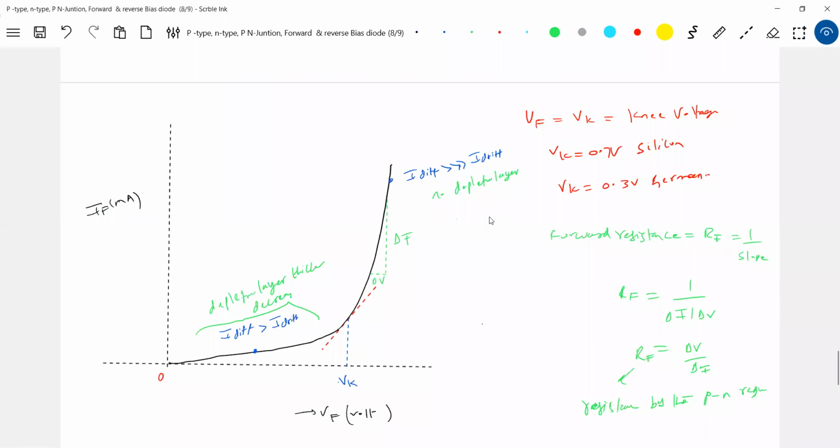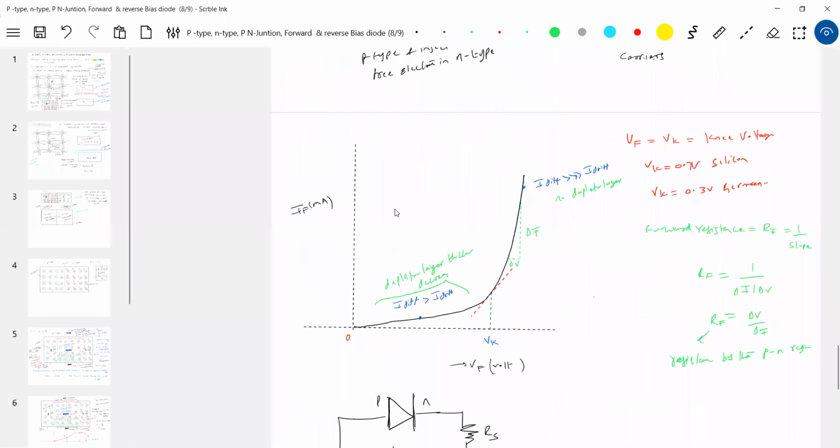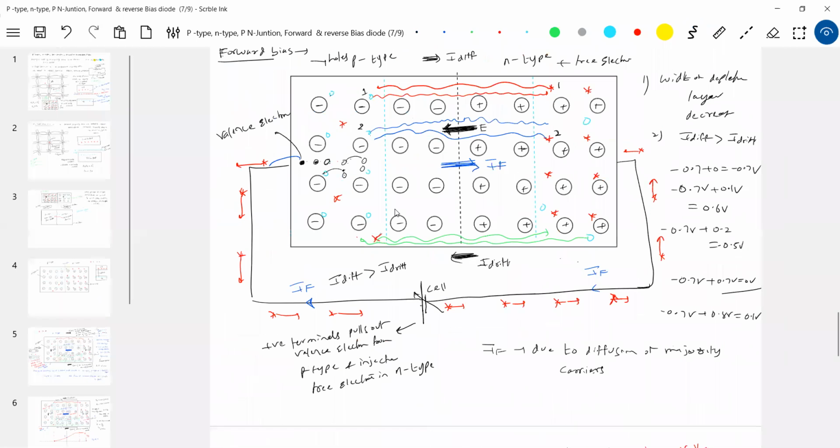Let me briefly summarize what actually happens, because if you take SC Verma, the movement of charges is not shown; they just put one sentence. As you increase the bias, along with the most energetic electrons and holes, which I numbered one, those electrons and holes numbered two also start crossing through the depletion layer. So the movement of majority carriers increases.